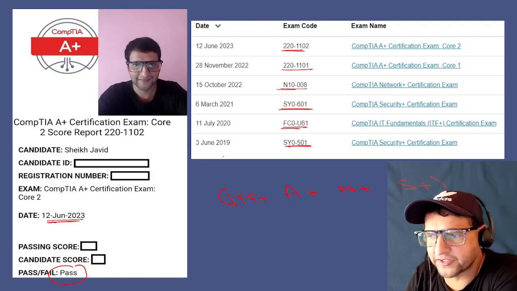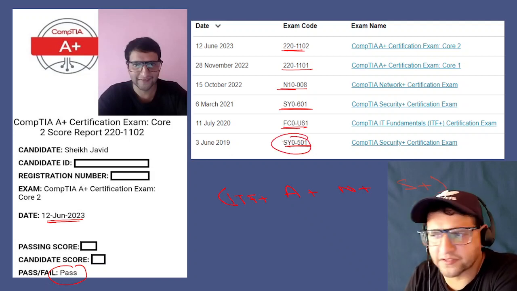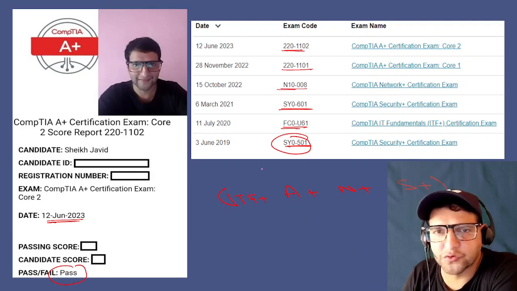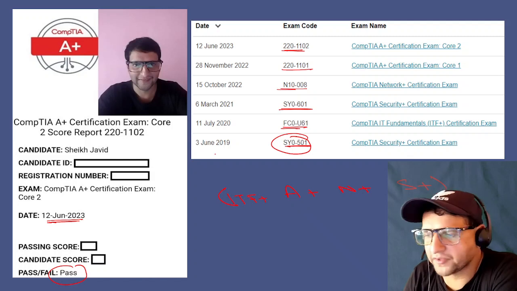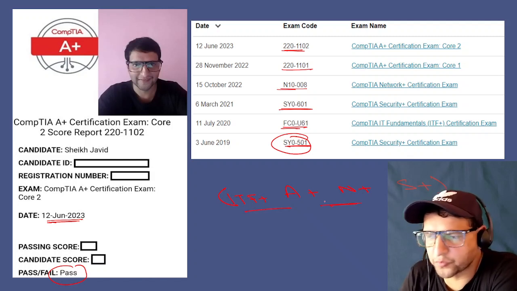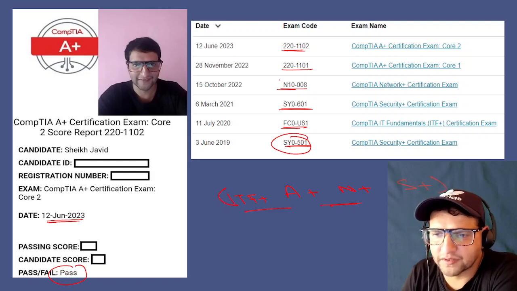I started with Security Plus, and this also helped me a lot. There are other benefits, depending on whichever way you like, so you can use any path. It's not mandatory, but they recommend the usual order. If you start the other way around, this is also going to help you.